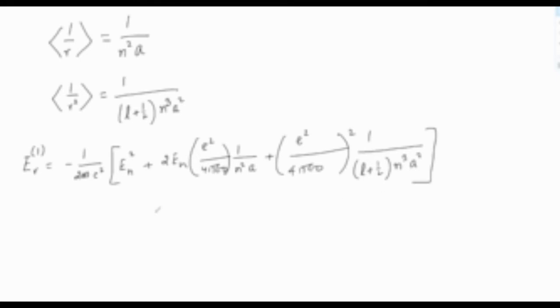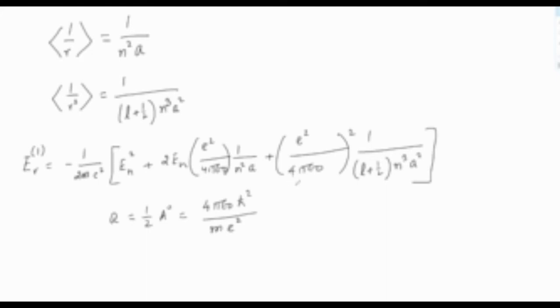And if you can recall, what is this a? Bohr radius, half angstrom. This was actually, in the Bohr model, 4 pi epsilon naught h cross square by m e square. Okay, therefore if you put everything in terms of